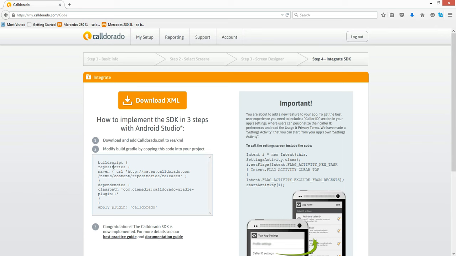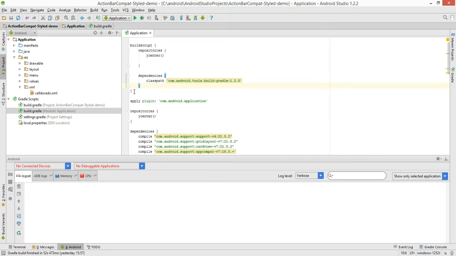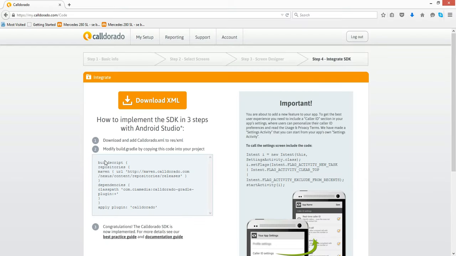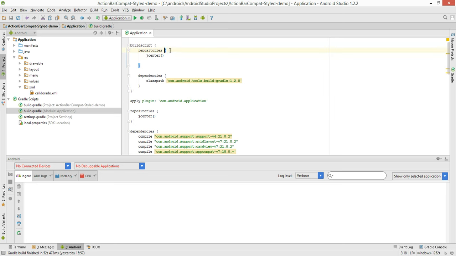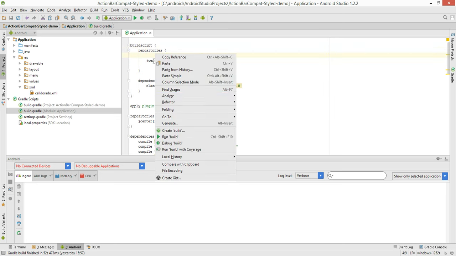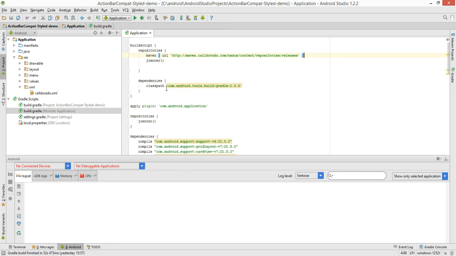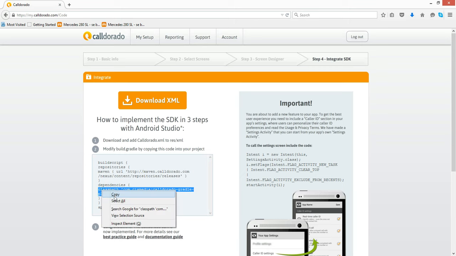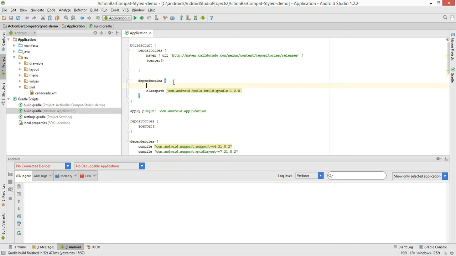So there's two ways: either you locate the build script section in your Android Studio, it's the one we have here, and we can modify that part, or we can decide to just simply copy paste the whole content of this little box. So what I'll do first is copy paste this repository Maven and put that into the repository section here. Paste. And secondly, there was a dependency we needed to include, which is this class path. You copy that and you paste that